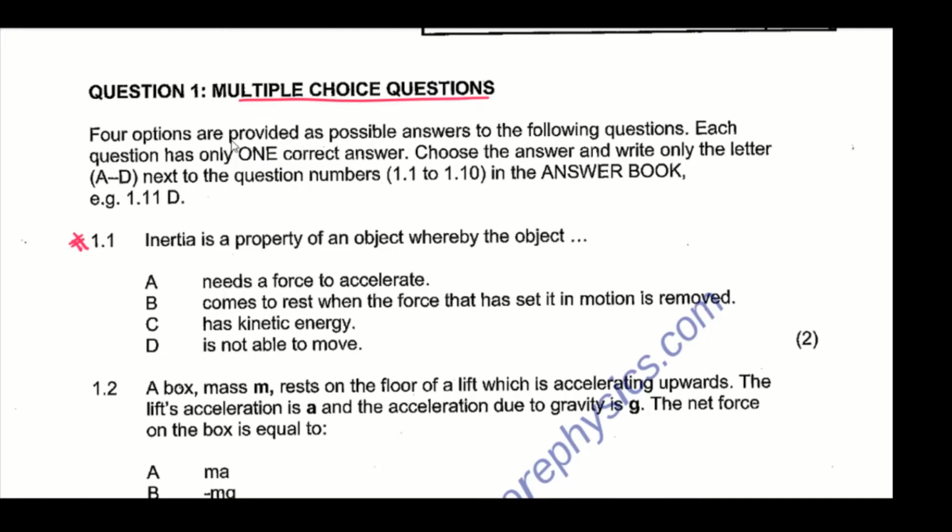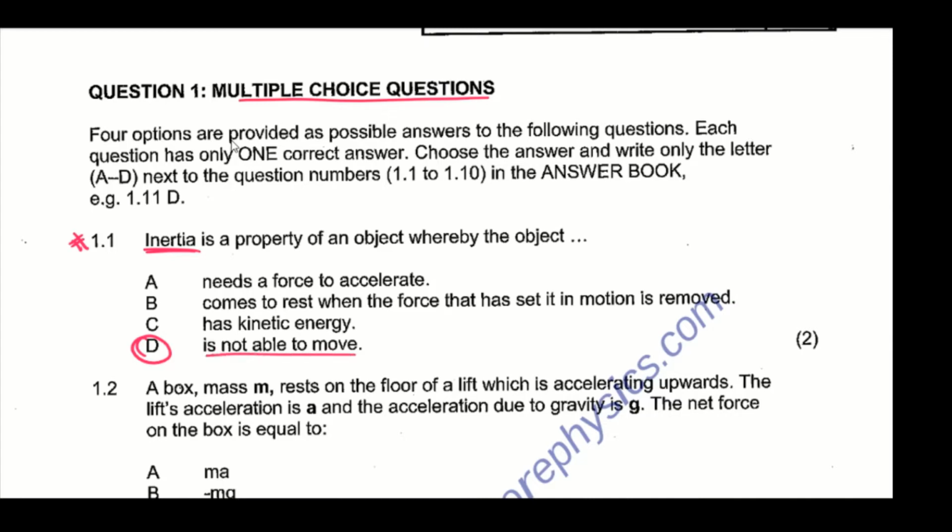option A says that the object needs a force to accelerate. Option B says that the object comes to rest when the force that has set its motion is removed. Option C says that the object has kinetic energy. D says that it is not able to move. So we all know what inertia is, right? It's a property that resists motion. So the option here is D, which says that inertia is a property of an object where the object is